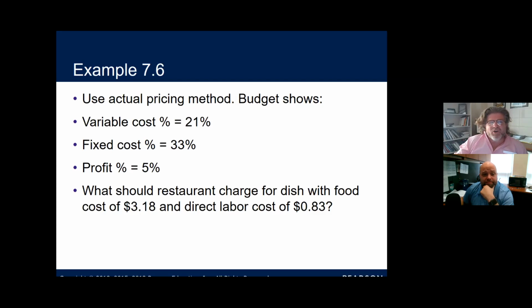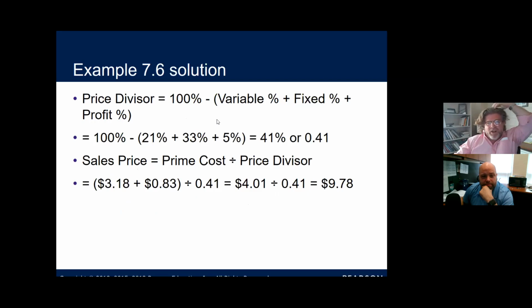Yeah. If we take our variable cost, our fixed cost, and our profit, add them together, and then subtract that from 100, we'll get our price divisor. So 21% variable, 33% fixed, 5% profit. We get 59%. We subtract that from 100, we get 41%. Our prime cost is the labor cost plus the food cost, which comes out to $4.01. We take $4.01, we divide it by 41, we get $9.78. Yeah,